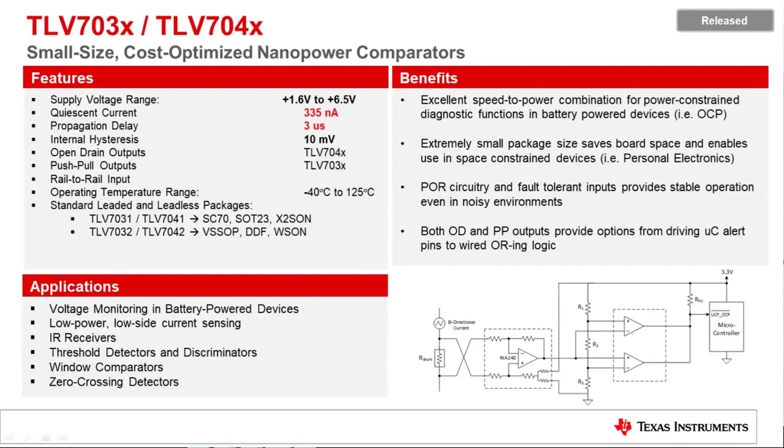So let's look at a quick example, right? This device here has a supply range from 1.6 volts. So the common question that we typically get from our customers is, okay, I can use this device at 1.8 volts, but what happens while I'm ramping up my supply up until 1.8? What's the comparator output going to be? And a lot of the times, if you look at older TI devices or even competition devices, you'll see that the comparator output is not well defined.